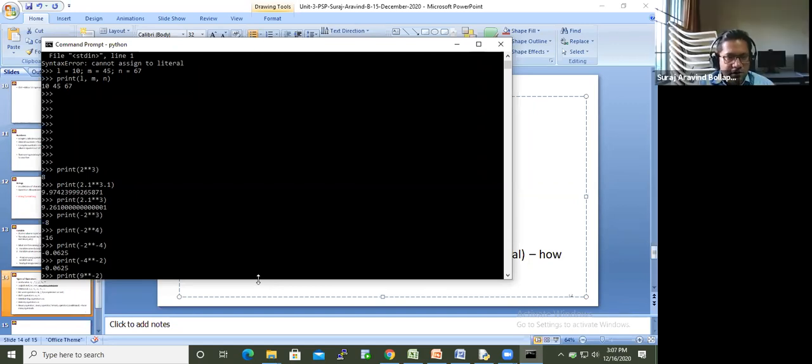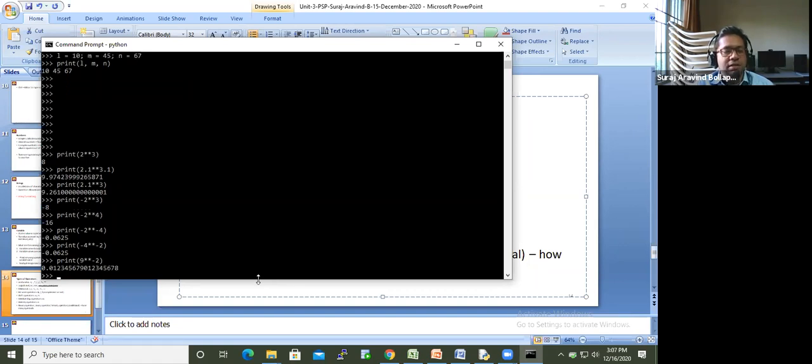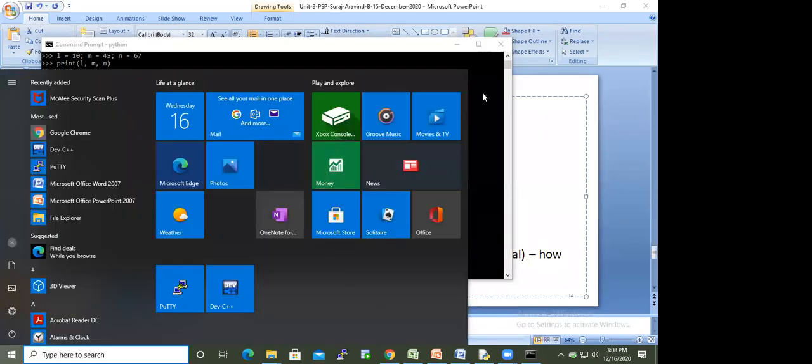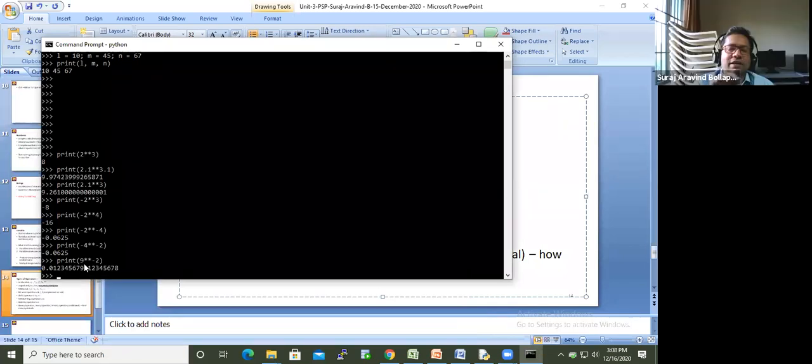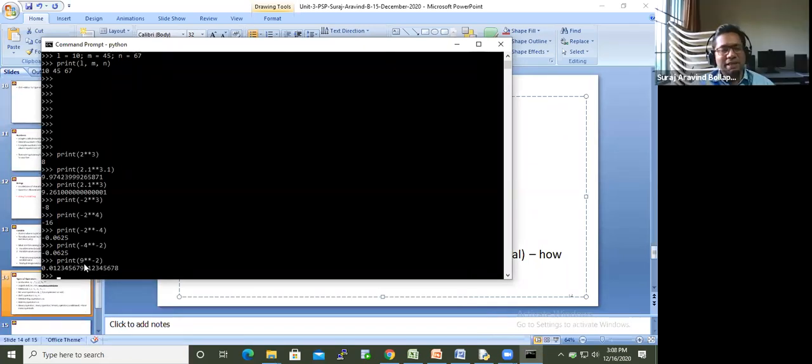Let us see if I give it like this, 9 to the power of minus 2. Something else is calculated. Let us use a calculator. 1 by 81, sir. Okay, right, 1 by 81.